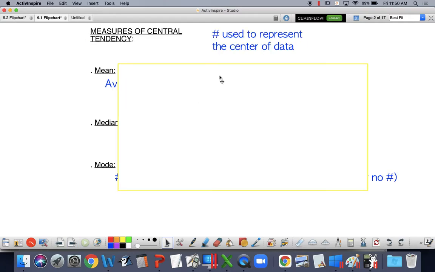Mr. Titus teaches it. So we're going to start with the basics. We're going to start with what we call measures of central tendency. These are used to represent the center of our data, okay? So that's why we call them central tendency numbers. I typed these in just to make sure everybody could read the handwriting okay. We have three main ones that we talk about. So here's where you're starting to write down things in your notes.